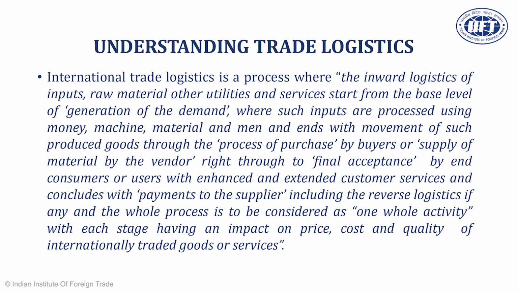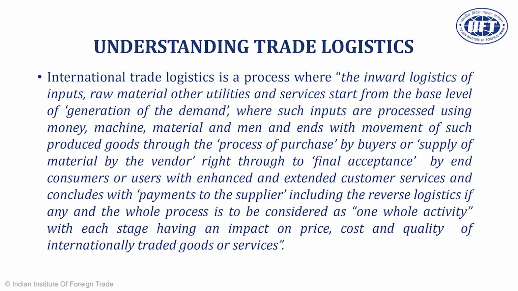Then utilities. When we say utilities, it means electricity and water supply, which are required for a factory or a particular facility, for the workers who are making gems and jewelry. Dear friends, electricity, then other heating services, cooling services, transportation services, and in addition, for example, canteen and other services also come in. So it starts from generation of base level of demand, then these inputs are processed, and the second stage is known